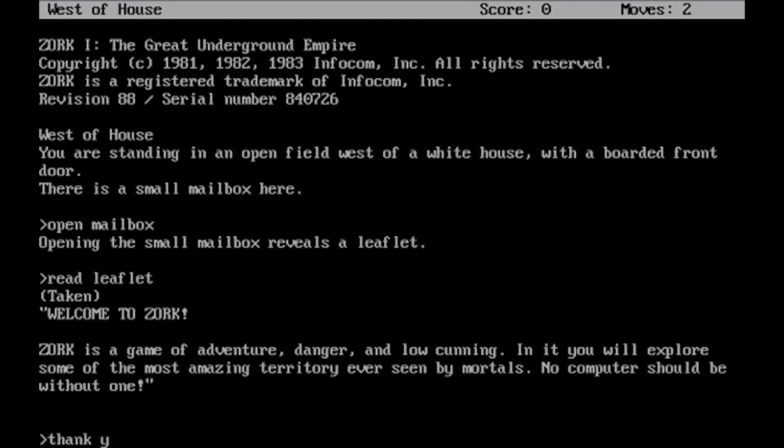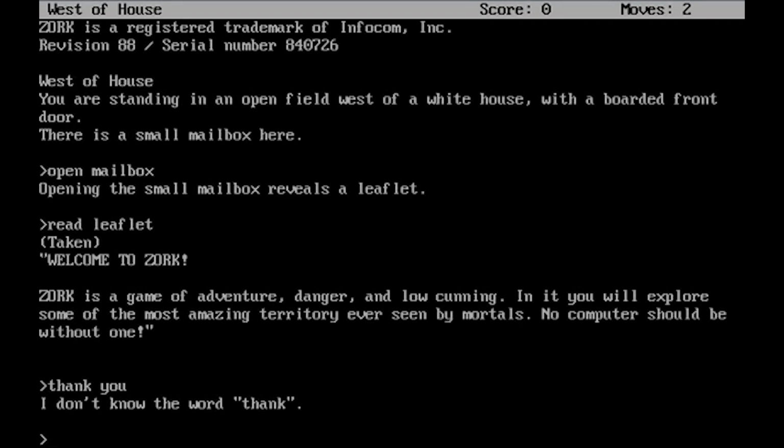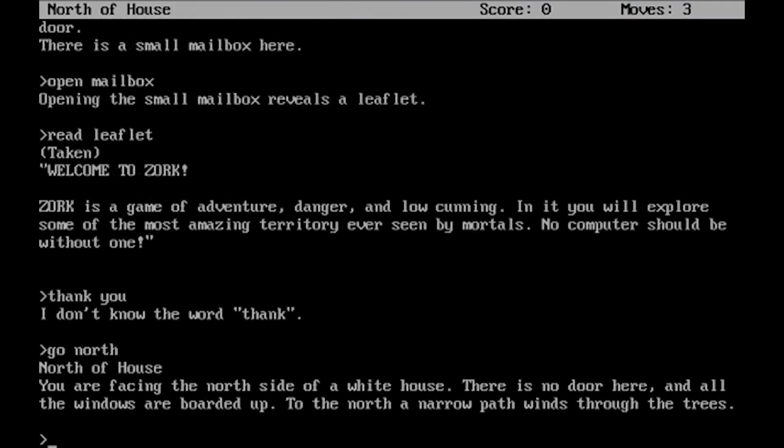Considering the technical limitations of early-era PCs in contrast to the large scope of the world in Zork, the game does not rely on graphics to present a narrative to the player. Rather, Zork delivers narrative through text descriptions, from which the player may input commands in order to interact with the world which is being described to them.